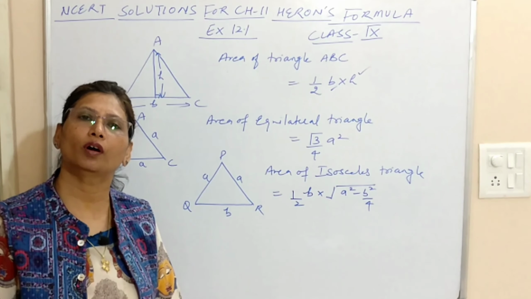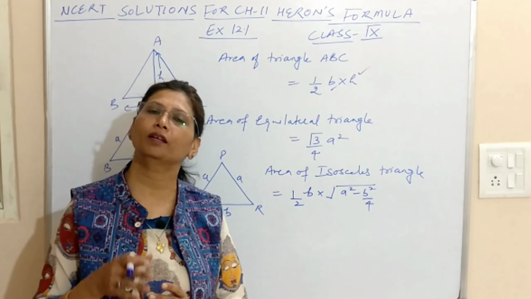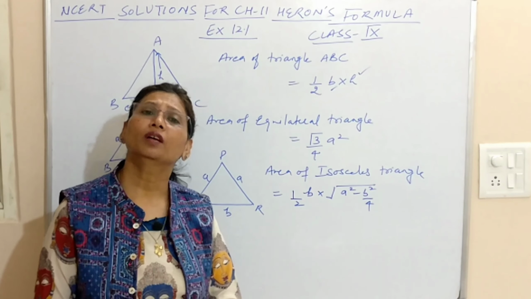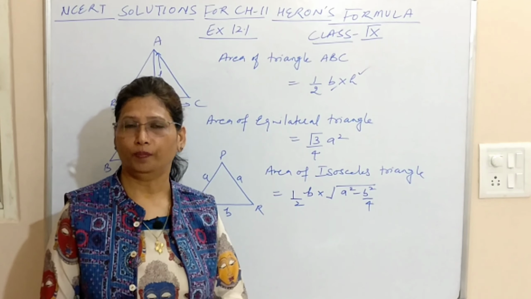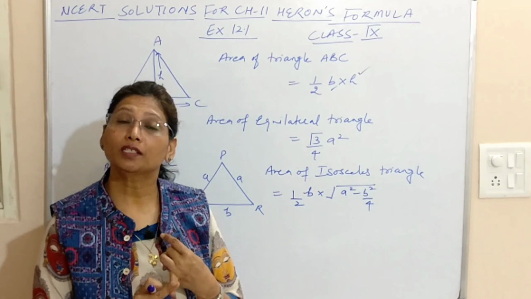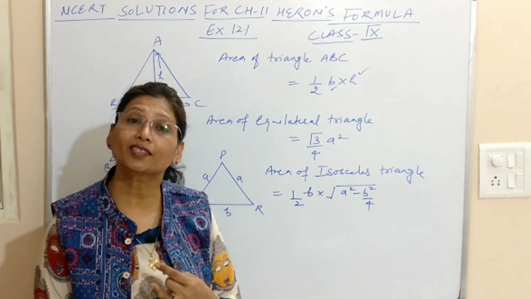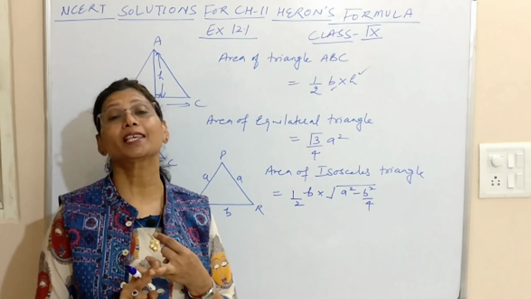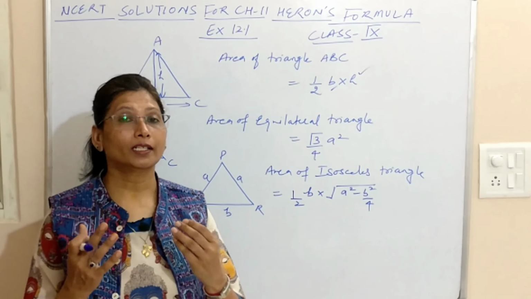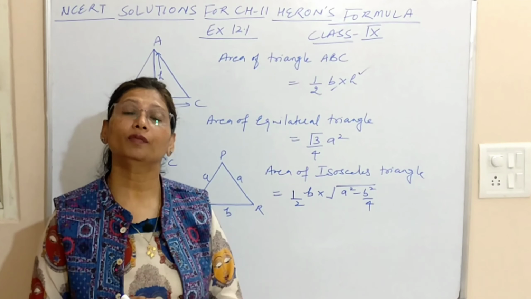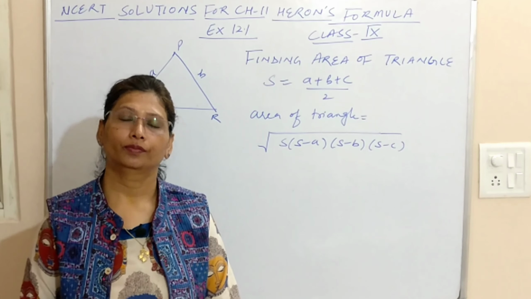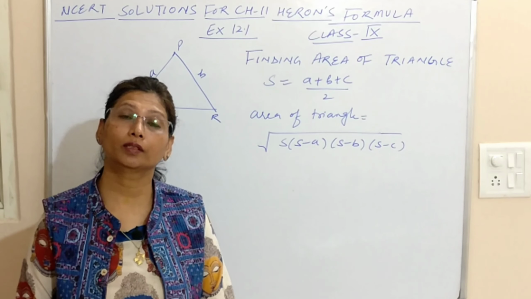what happens in finding the area of isosceles triangle, हम या तो height निकाल लेते हैं perpendicular drop करके, or we use the Heron's formula. ओके सो ये तो हमारे एरियाज थे जब हमारे पास इक्विलेटरल ट्रायंगल है, हमारे पास आइसोसेलेस ट्रायंगल है. But when we have a scalene triangle, how do we find the area of the triangle? So I'll tell you how do we find the area of the triangle when the sides are not equal.